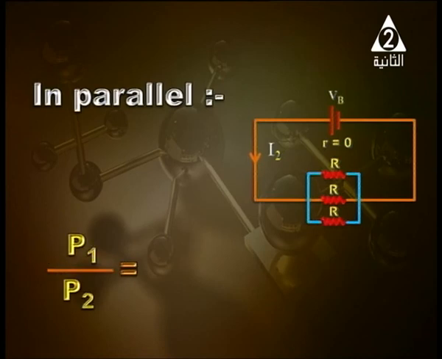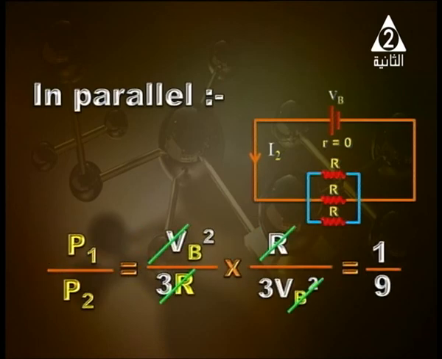So P1 over P2 equals VB squared over 3R over 3 VB squared over R, so it will be